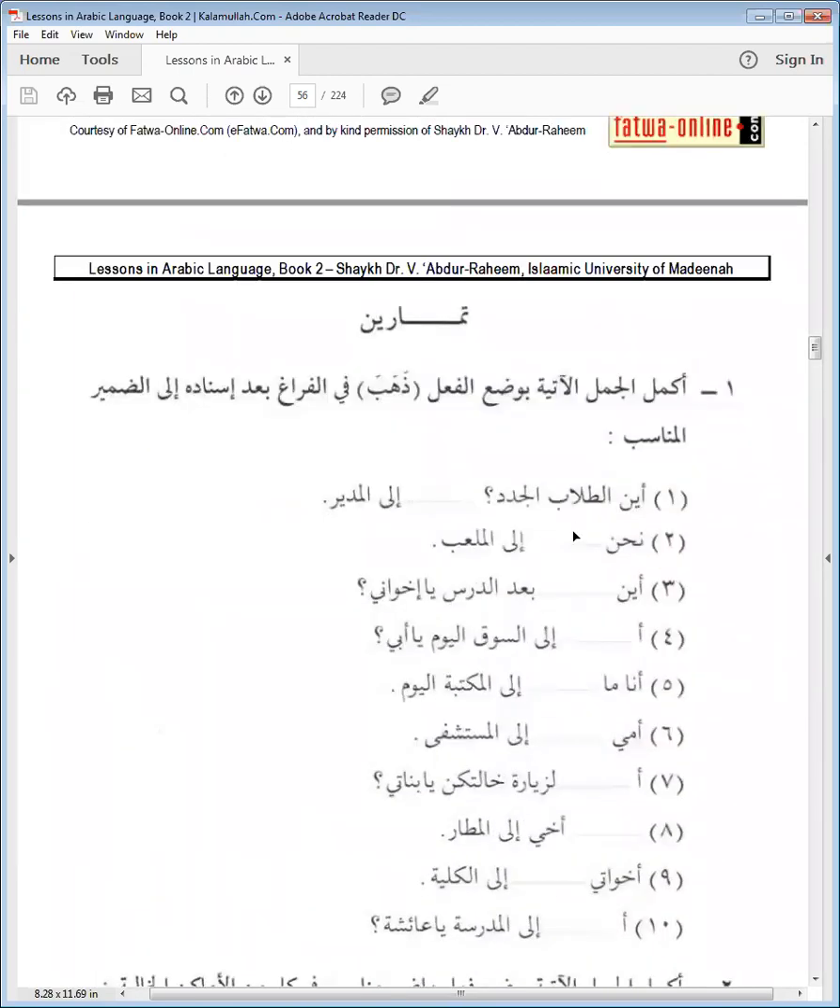Number two, nahnu something ila al-mal'abi. Nahnu dhahabna ila al-mal'abi. So in this case, we know nahnu means we. All right? So if it's we, then obviously that will be first person, the person who is speaking. All right, the person making the statement in the sentence is the person who is speaking, we. All right, and it's not singular, it's plural. So we say we,